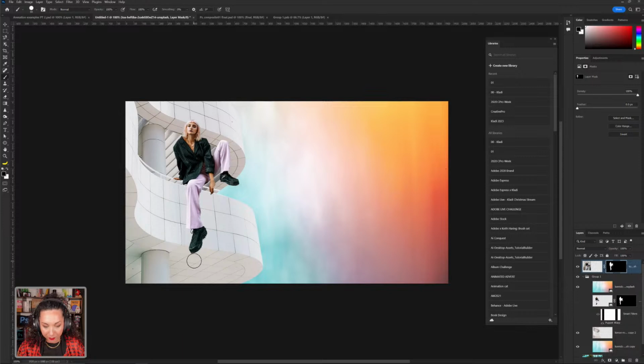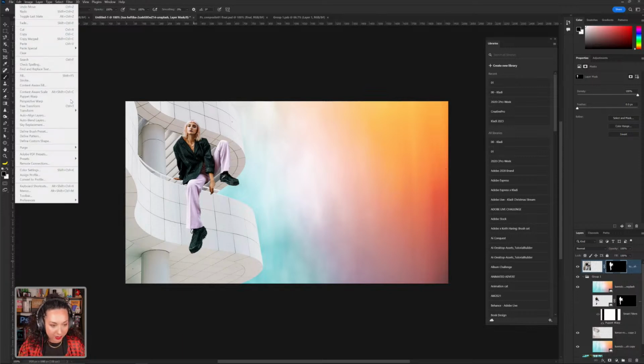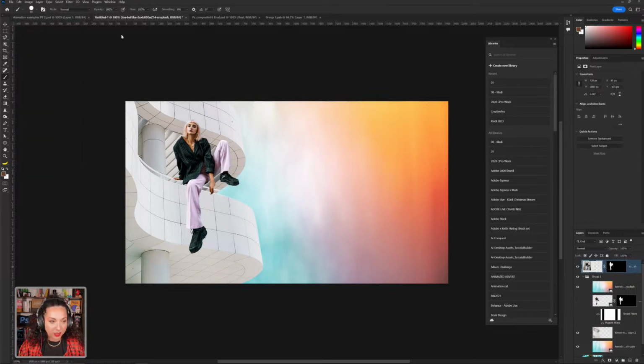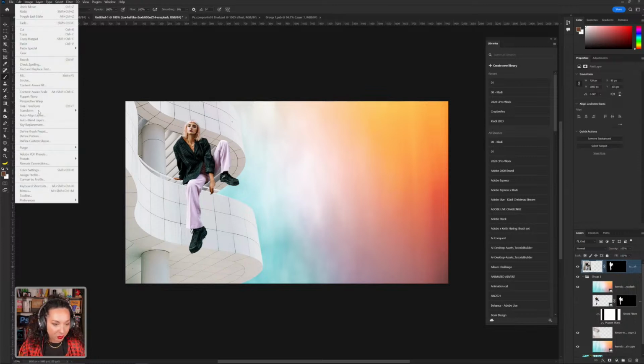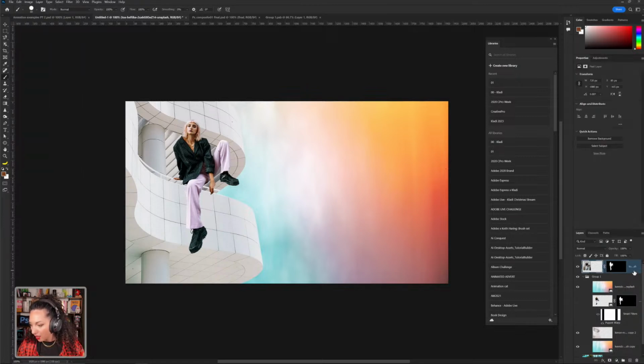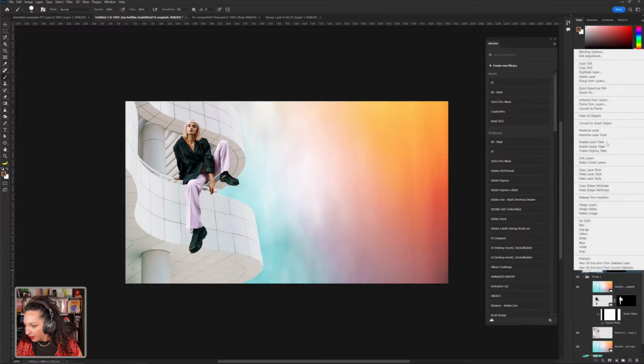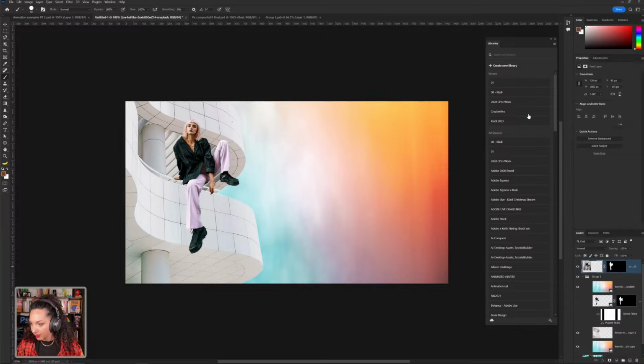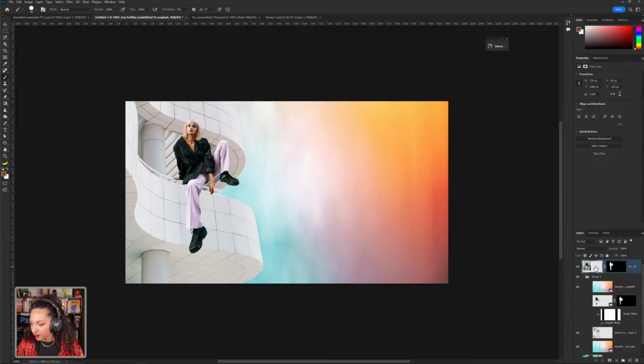So I'm going to bring it a little bit further here. I'm going to use one of the coolest features in Photoshop that is called paper warp. So with a paper warp, you will be able to move your image around. So in this case, I'm just going to go ahead and create a smart object of my layer. So if we go ahead and convert our layer into a smart object,